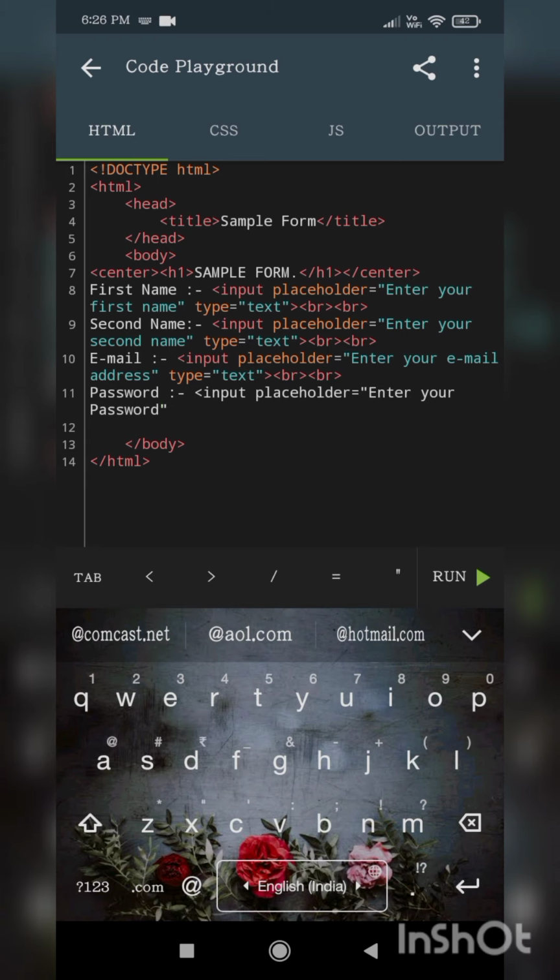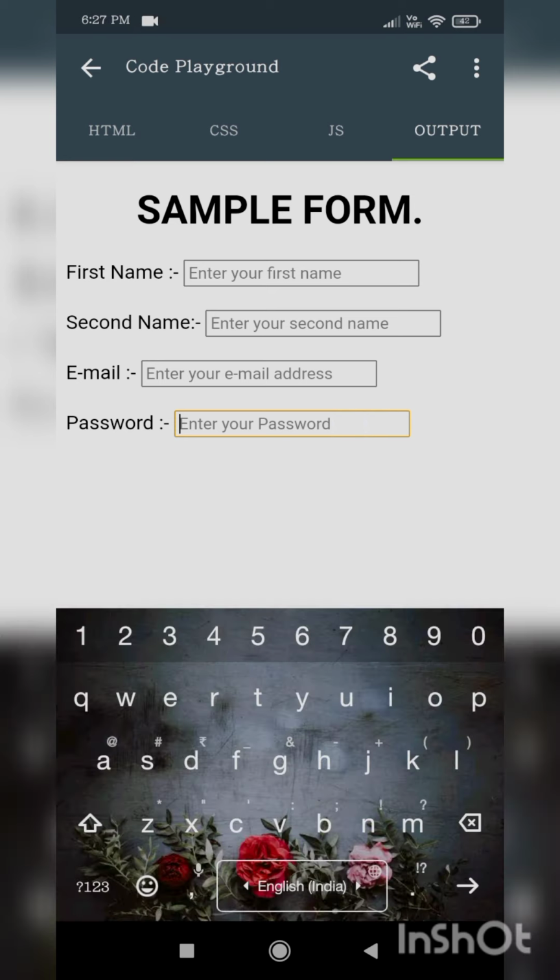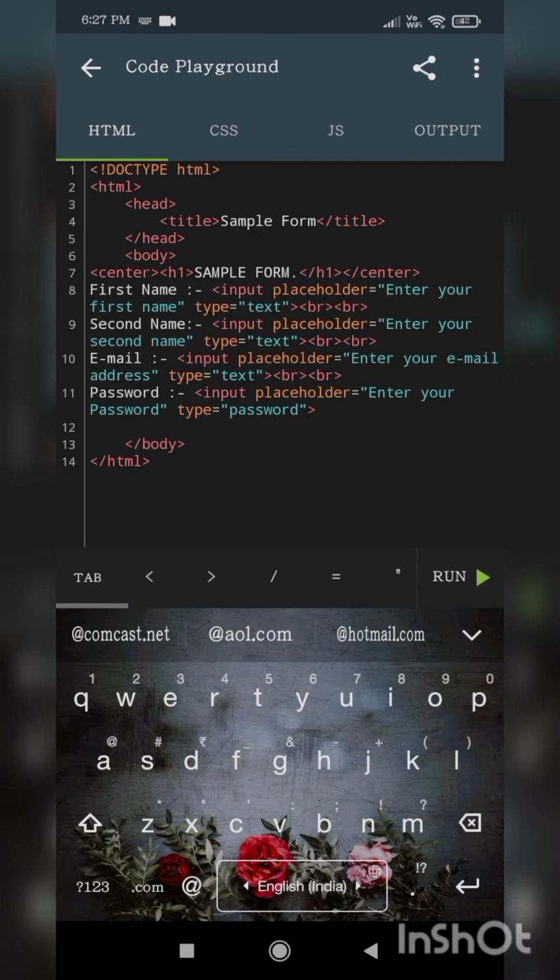Now we will use the type attribute, but we will not write text inside it. A password should be secret, and everybody will think that no one should see my password. So in type you have to write password only. See, while I am typing here, it is not visible because it is a password. Nobody should see it. So you should write password like that.